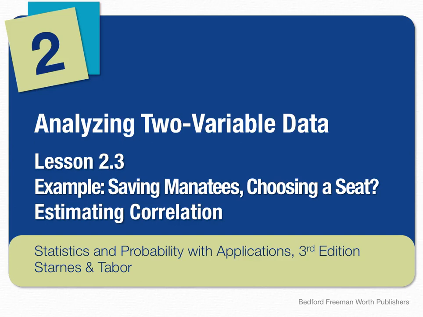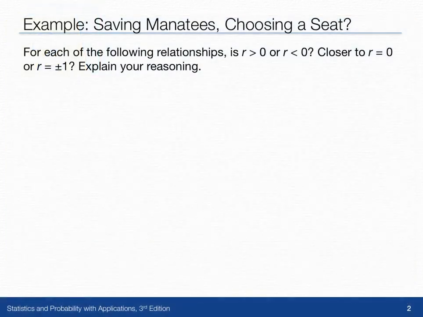In the Lesson 2.3 example, Saving Manatees Choosing a Seat, we'll practice estimating correlation. For each of the following relationships, we'll want to find whether or not the correlation R is greater than 0 or less than 0, and then determine if it's closer to R equals 0 or closer to R equals positive